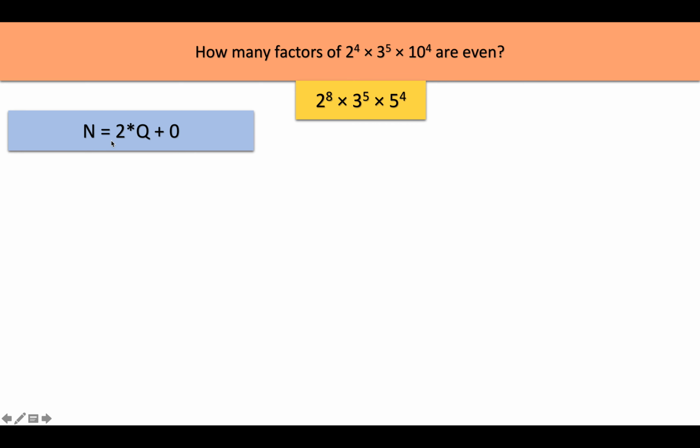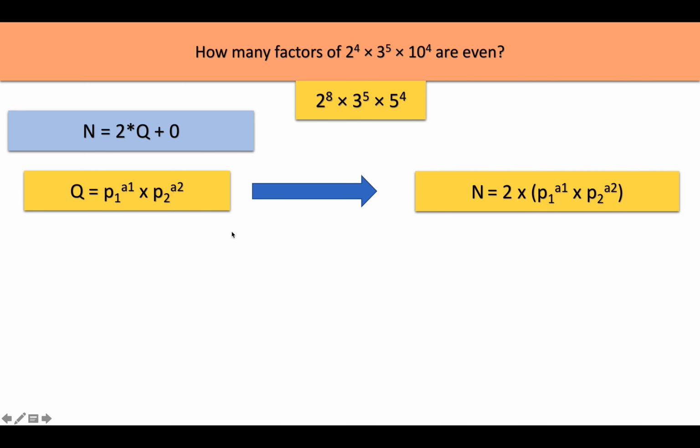Even numbers means they're completely divisible by 2, or they can be written as n is equal to 2 into q plus 0, right? When n is divided by 2, a quotient of q is obtained and the remainder is 0. Now q is any general number, right? So what will be n? N will be 2 multiplied by the prime factorization of q, right? Which means what we can see here is, in the prime factorization of n, there is going to be at least 1 2 here, right? That means 2 will have a minimum exponent of 1, not less than that, right? So let's write that here. Exponent of 2 must be greater than or equal to 1 for a number to be even, right?